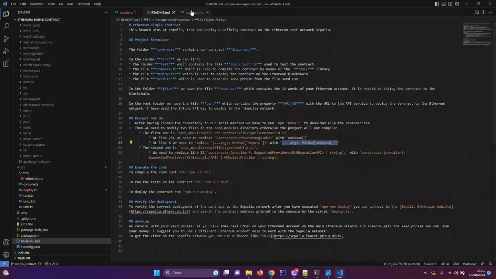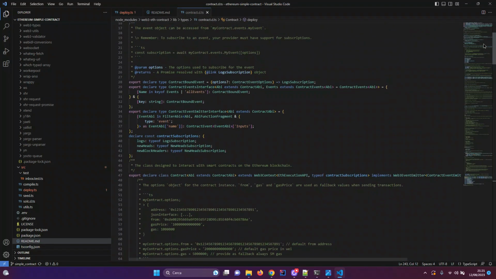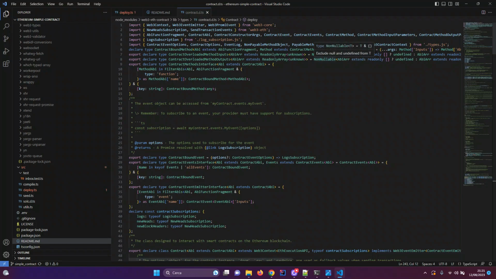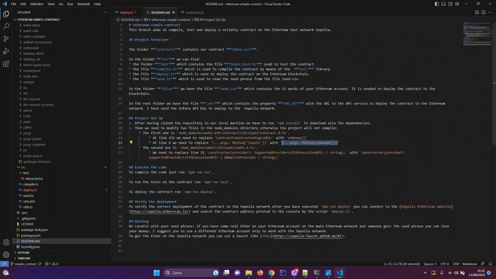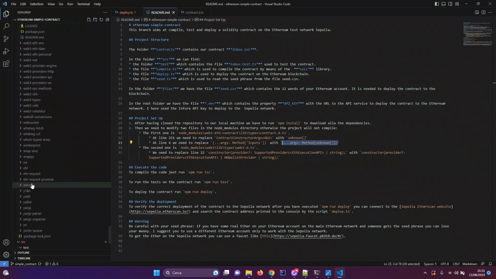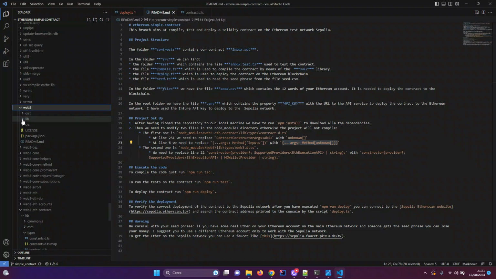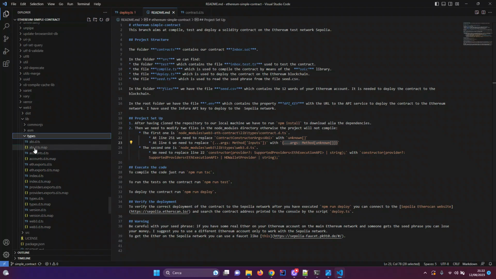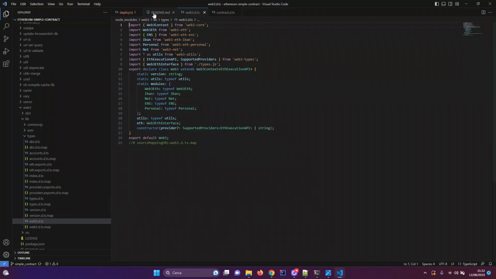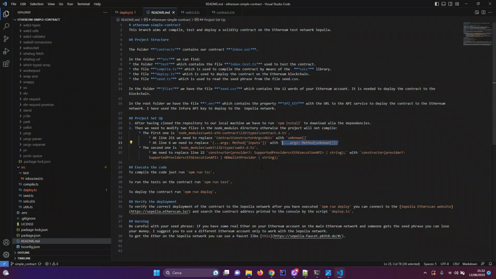So we need to go here and replace this one with this piece of code, and then we need to modify the second file, which is web3 here, lib, types, and then web3.d.ts, and need to add this string here, because otherwise it gives us a compilation error.